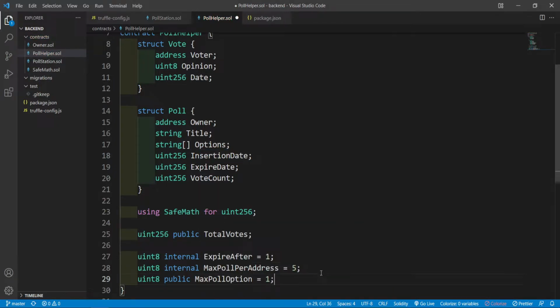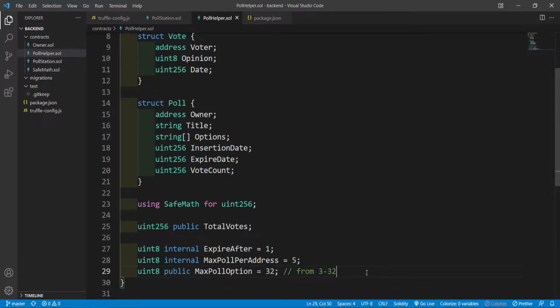This one is going to limit the options of a poll to 32. As I said before, it could go from 3 to 32. Where 3 is static in here, but we could change that to this one if we want to. So okay,